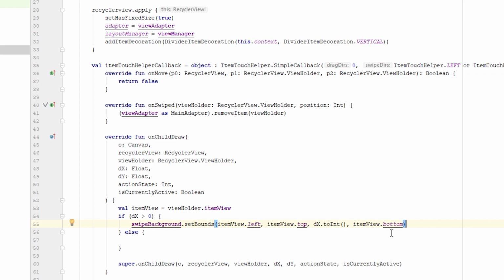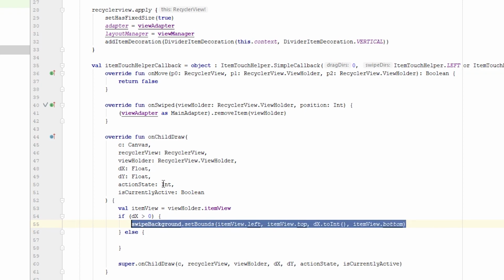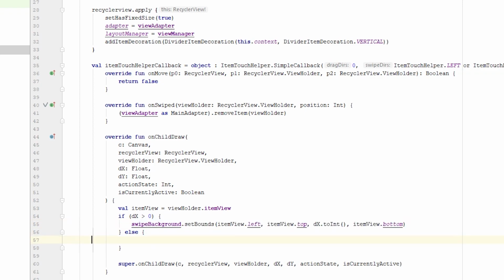If it doesn't, just try and think about it a few different ways and give it some time to sink in. If we're not swiping right, we're obviously swiping left. So in that case, we're going to set the bounds a little bit differently than if we had swiped right. So first of all, we're going to set our right corner here, our bottom right corner, to be